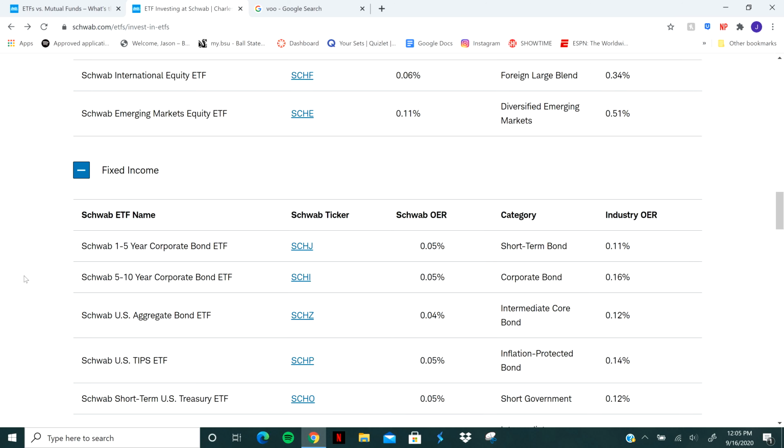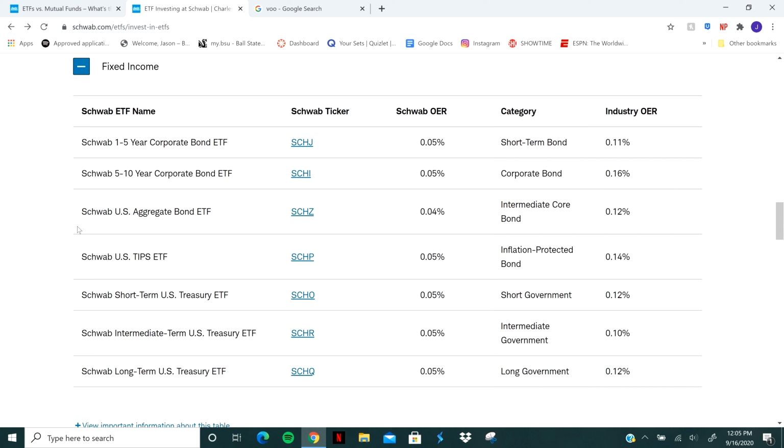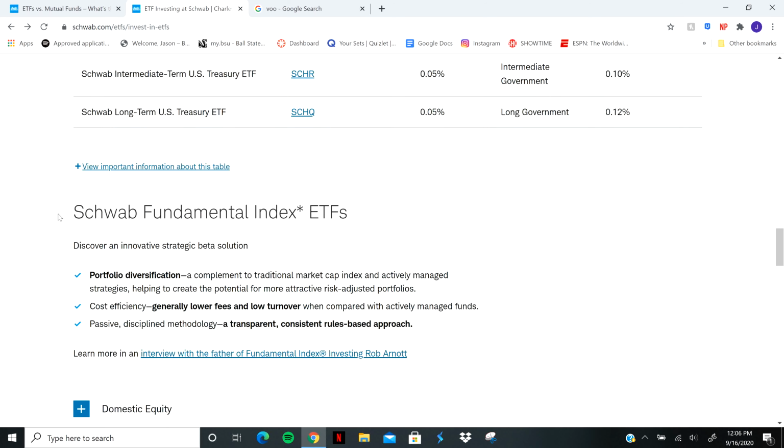And then you have even fixed income, which is going to be mostly bonds and stuff like that. If you're nearing the age of retirement, or say you're 30 or 40 or whatever you may be, obviously you don't want all of your money to be exposed to stocks. So you may want to start adding 5 or 10 or 15% of your retirement portfolio into bonds, which obviously these things could help out with. I'm sure there are mutual funds that offer these things as well, but obviously Schwab does a great job of laying these out for you.